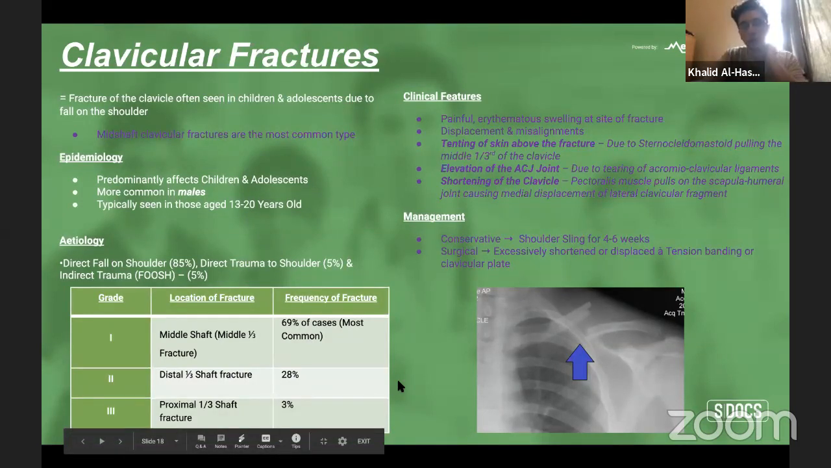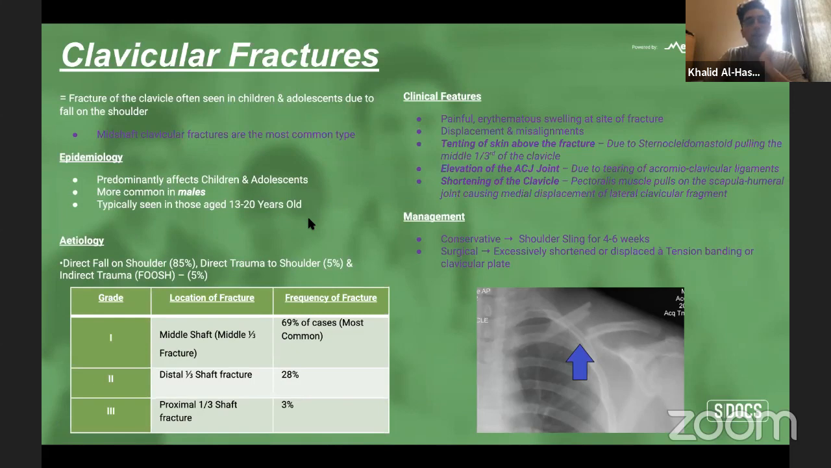As mentioned, it predominantly affects children and is typically seen in adolescents and teenagers. So the general causes of this are direct falls on the shoulder or direct trauma to the shoulder. You can imagine someone playing a contact sport such as rugby is prone to a clavicular fracture. FOOSH, which is a fall on an outstretched hand, is also a cause for clavicular fractures. However, it makes up less than 10%. You'll tend to find throughout this lecture that FOOSH will make up the majority of the causes for different